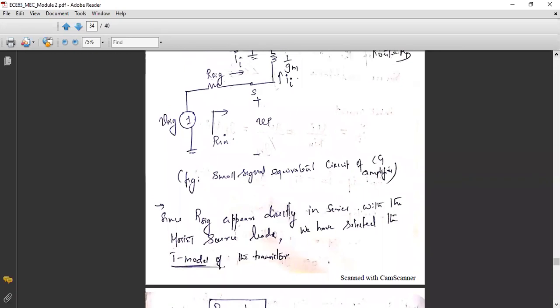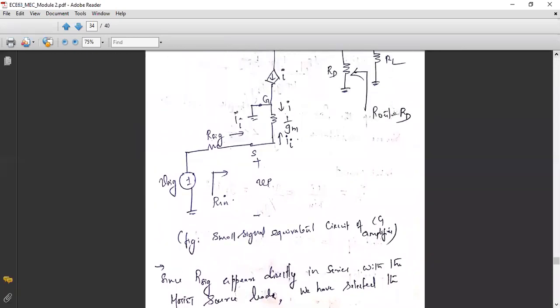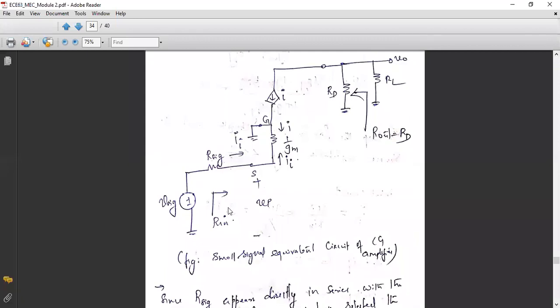Now, the first analysis you have to perform is Rin. From the circuit diagram, it is clear that Rin is nothing but the input resistance that you can obtain while looking from the input terminal. Rin is the input resistance that you will obtain while looking through the input terminals towards this direction. So which is your input terminal? Source. At the source terminal, you are having only one resistance, that is nothing but 1 by gm. So this 1 by gm will be your Rin. So Rin is equal to 1 by gm.